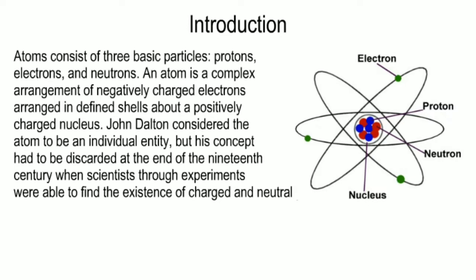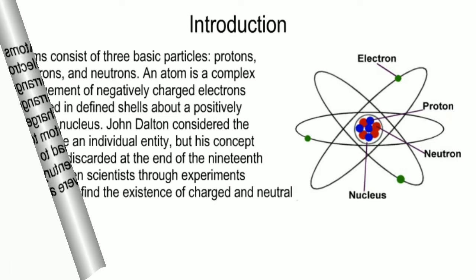An atom is a complex arrangement of negatively charged electrons, arranged in defined shells about a positively charged nucleus. John Dalton considered the atom to be an individual entity, but his concept had to be discarded at the end of the 19th century, when scientists through experiments were able to find the existence of charged and neutral particles in